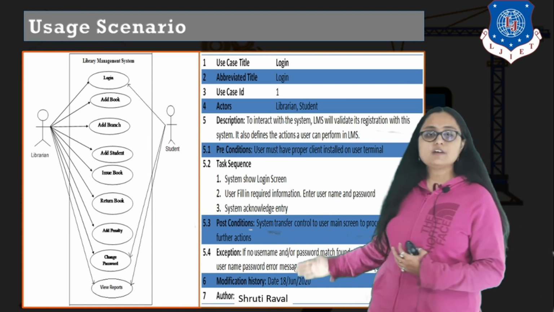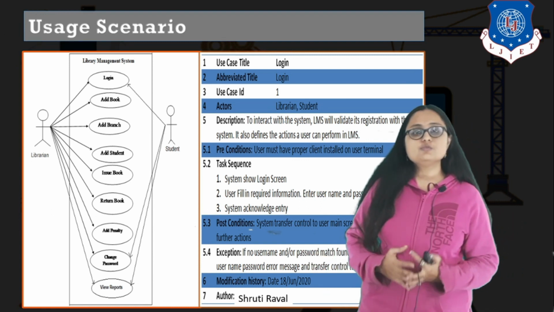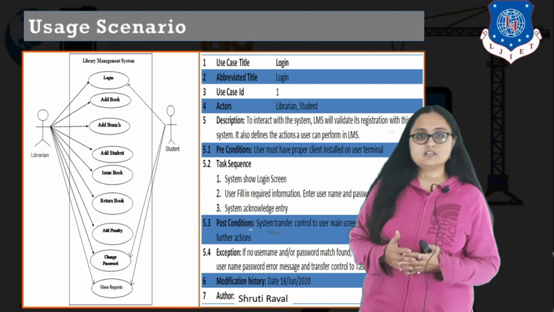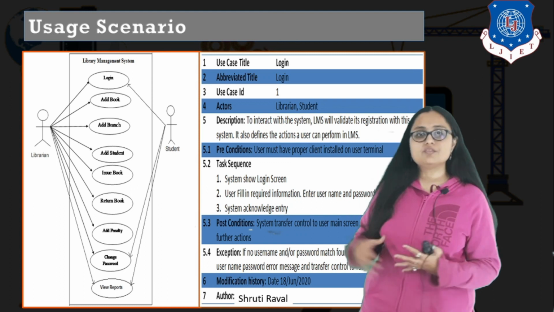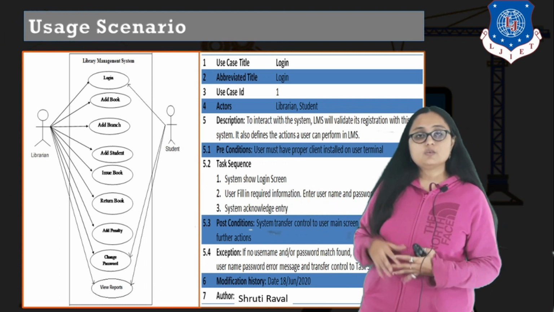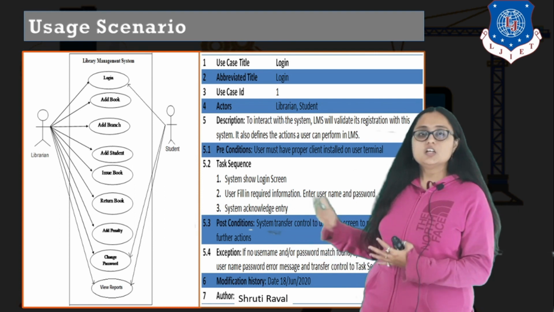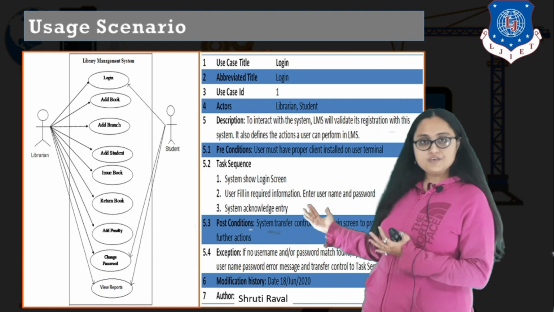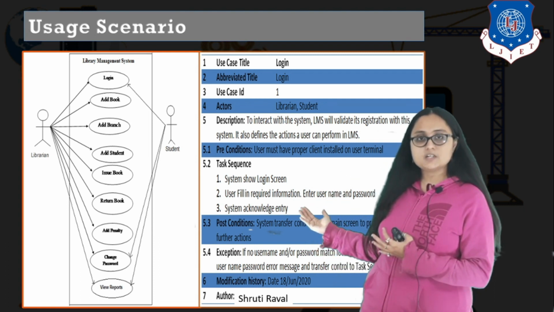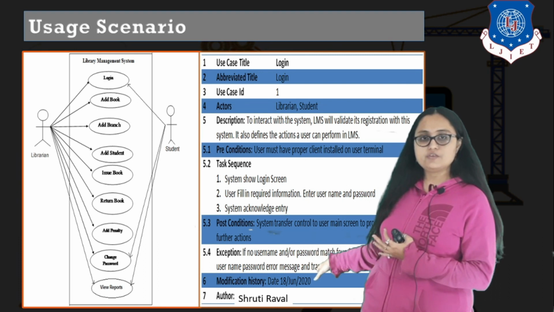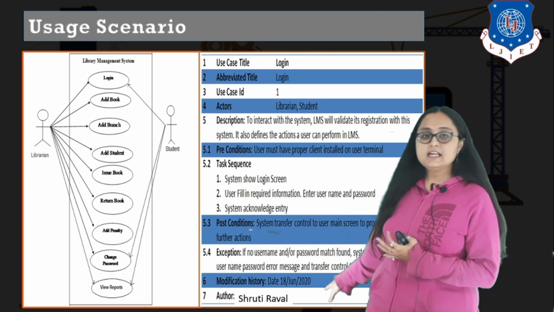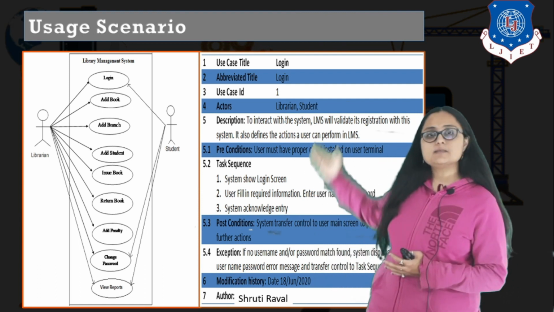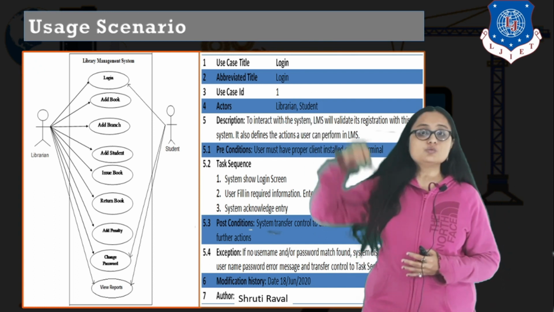The next is you have to write the modification history, because you know that functionality changes over time, right? There may be something which is changing in this particular functionality. If the requirement changes for this functionality, the use case and use case scenario description also change. You have to modify it according to that modification. You have to write the date here, what the modification history is and when it was last modified. And the last is you have to write the author of this use case scenario. So this is a basic template for a particular use case.